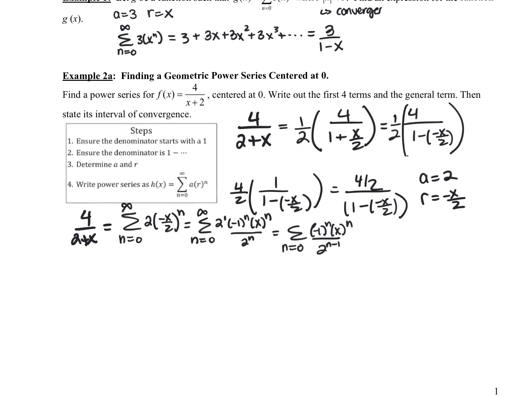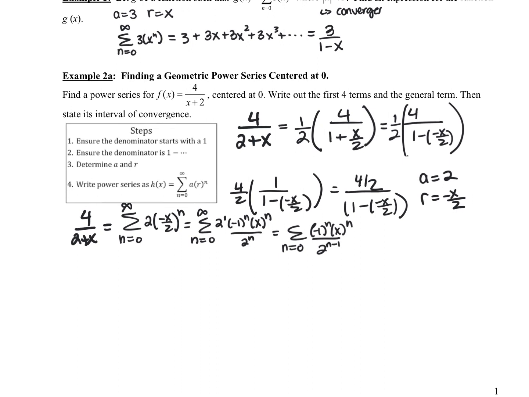So one option, just start plugging in values, right? 0, 1, 2, 3, 4. But remember, that's one option. The other option is to remember to look at this guy here, right? What we wrote, this guy here is a version of 1 over 1 minus x, right? So you could also use this,